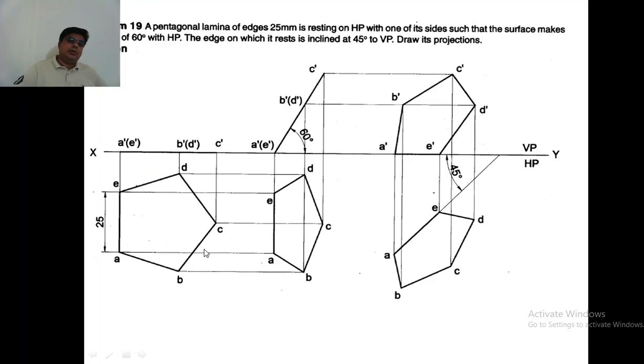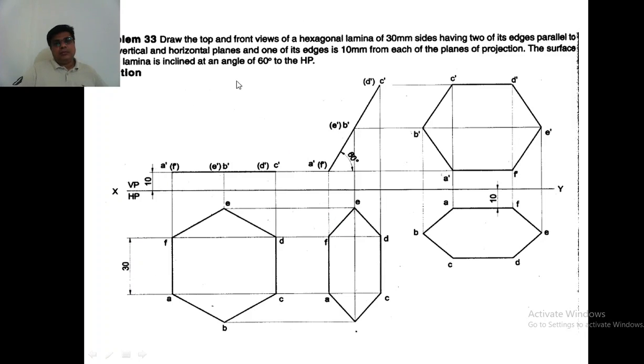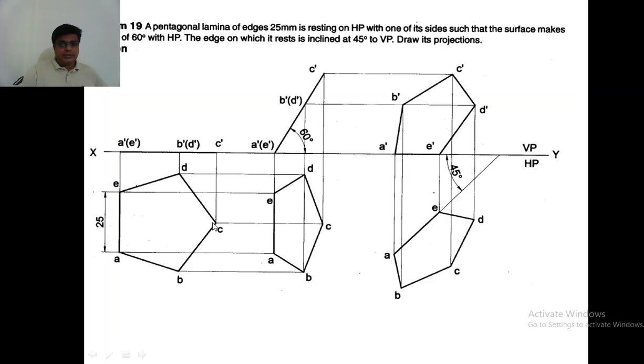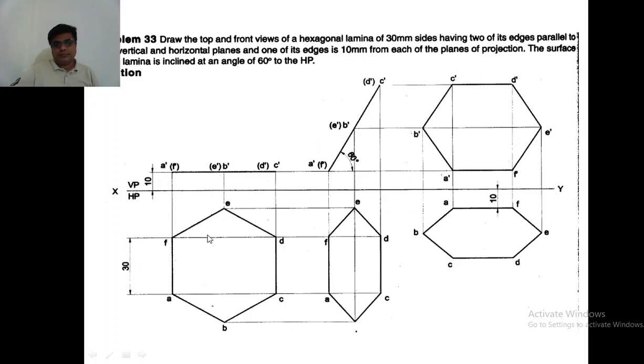Similarly, we can have problems on a pentagonal plane or pentagonal lamina. When the problem says it is resting on an edge or side, that side you should draw vertically here, then you construct the pentagon. And if the remaining plane is inclined, then this edge will be inclined; follow the same procedure. Similarly, suppose in the pentagon it is resting on the corner, you draw this corner on this side and this edge on this side. And then when you tilt it, it will be resting on the corner. So that procedure you follow.